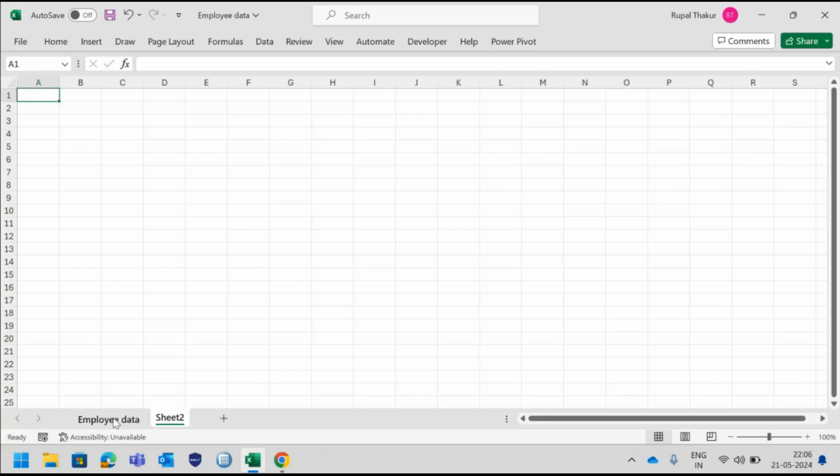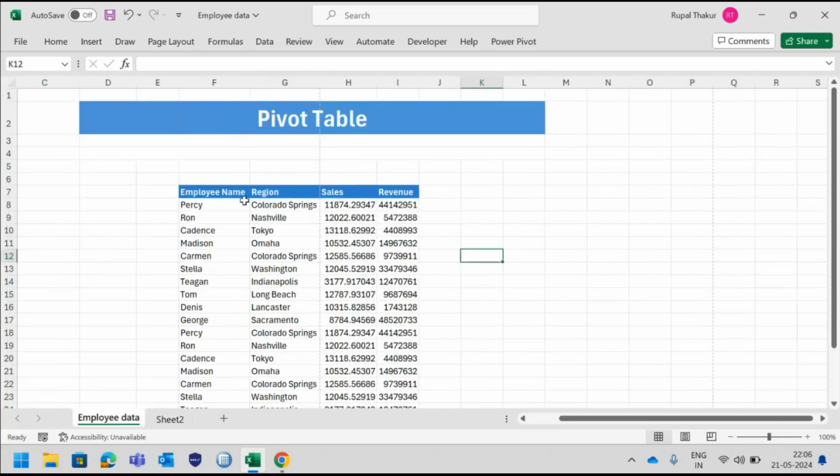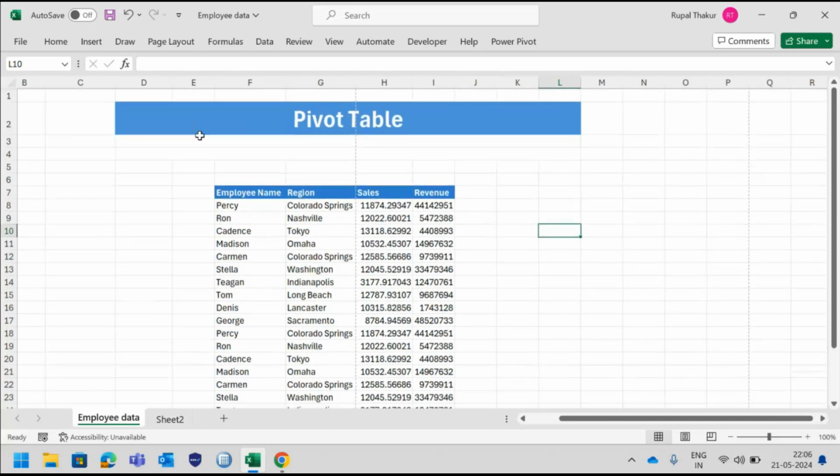So let's start. I have taken this data. Very simple data. You have the employee name, you have the regions, you have sales, you have revenues, right? So what is my requirement right now is